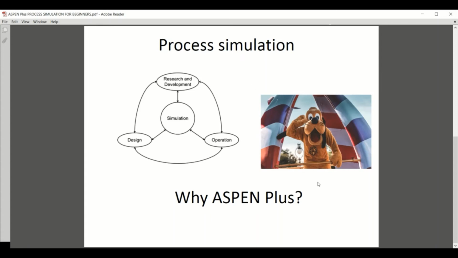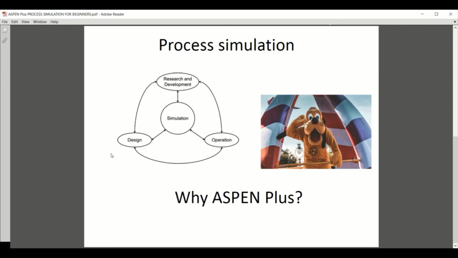Now, there's a need for you to have a solid understanding of the underlying chemical engineering principles when employing simulators. It is crucial that the user of such simulation software should understand, at least have an idea of, say, column behavior in terms of using the distillation column. You should know how the column should behave. You should also understand reaction kinetics. You should understand basic stoichiometric relations, because you need that basic understanding to be able to even apply or utilize